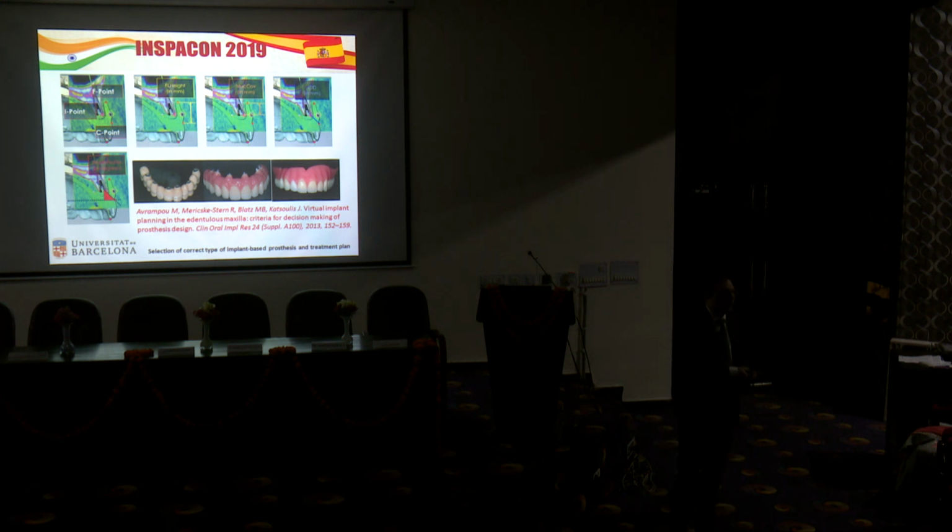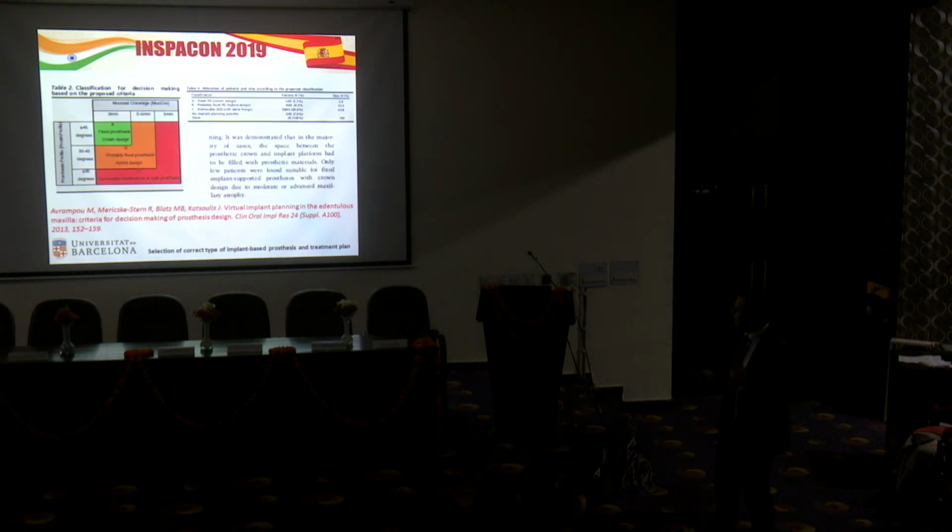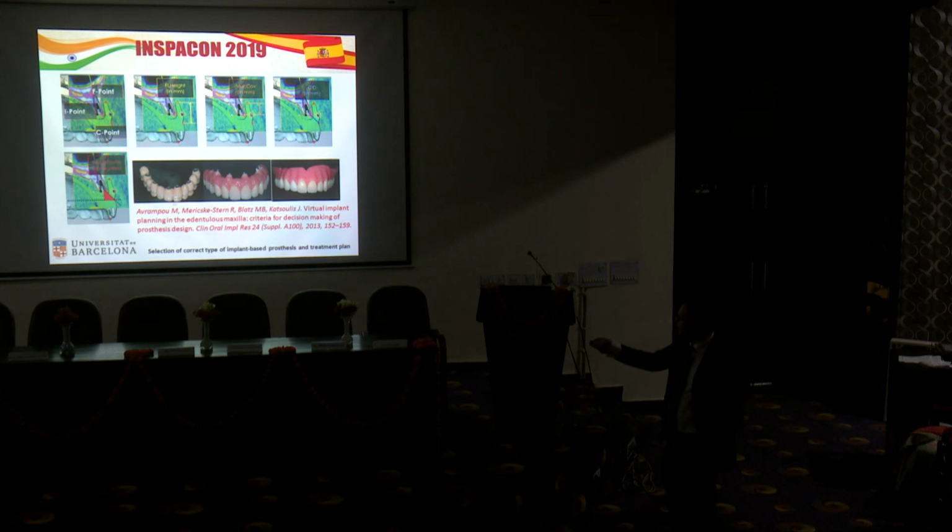In the cases with low resorption, this distance is lower, and we have to put the neck of the teeth very near to the implant position. On the other hand, when we have a patient with more atrophy, this distance is longer and the angle is very low. And then they added the data on whether the patient needs a buccal coverage with resin for the optimal profile of the soft tissues of the facial inferior part. Then they divided the patients between, if they only need to restore the